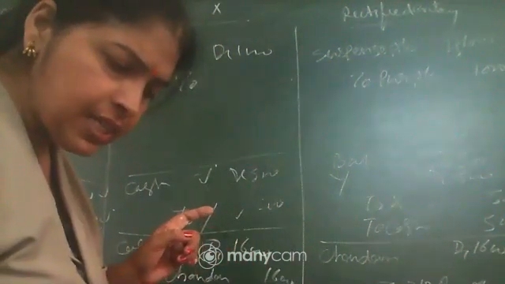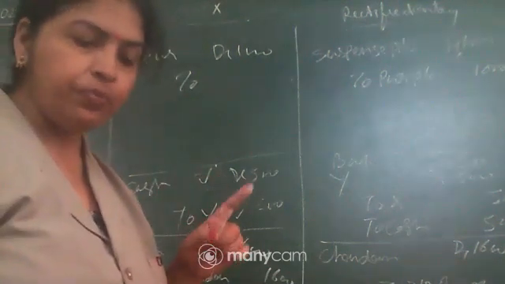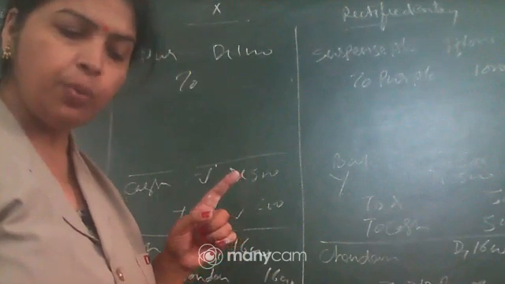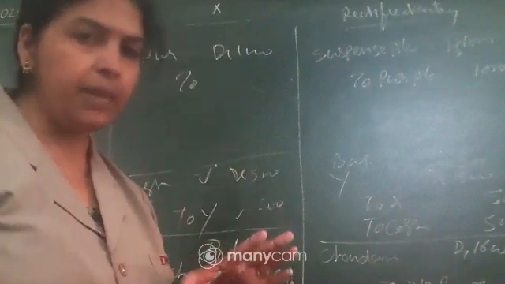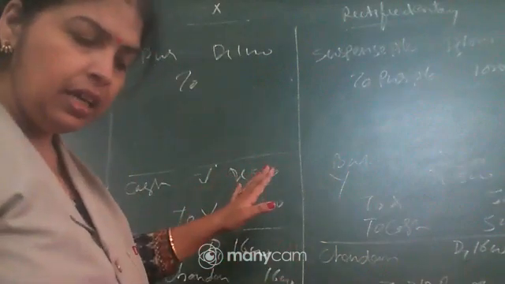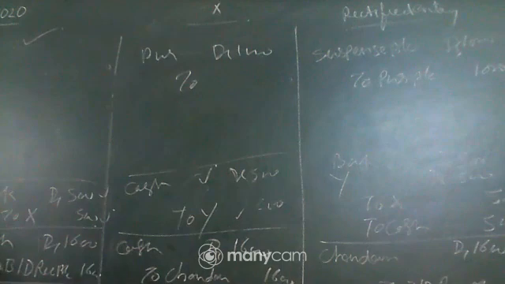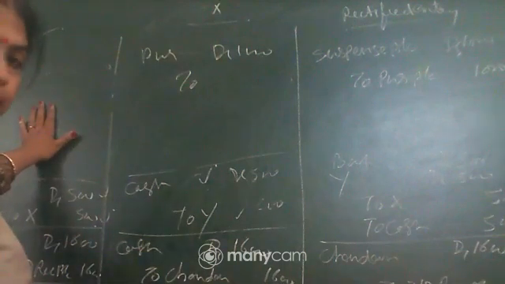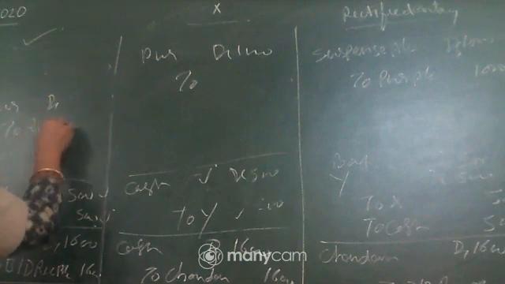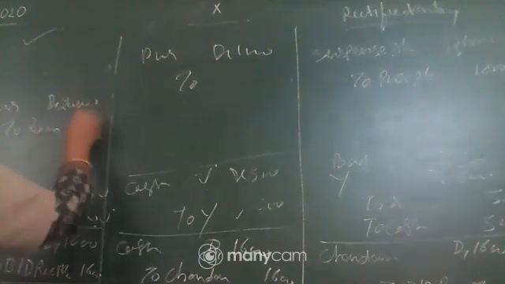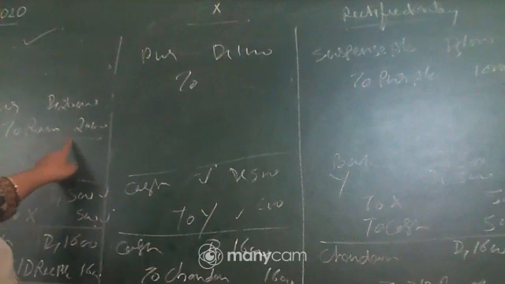Now let's see the next transaction. Listen carefully. Purchases from Ram rupees 20,000 has been omitted to be posted to his account. अभी second part छोड़ते हैं. First part. What is the first part? Purchases from Ram 20,000. So what entry should be prepared? Right entry. Purchases from Ram. It should be the right entry. Purchases debit to Ram 20,000 rupees. This should be the right entry.